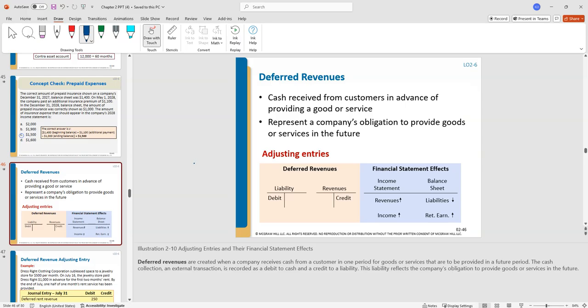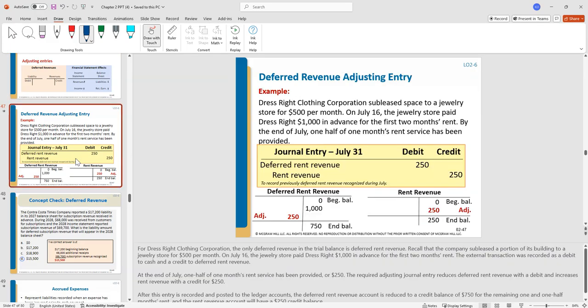Deferred revenues, in distinction, we're going to get the money first, but we're only going to recognize the revenue later. It's second. So let's look at some examples here. During the period,